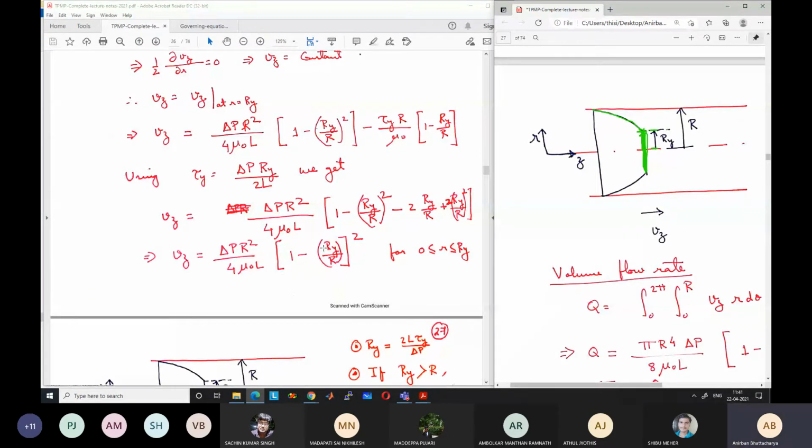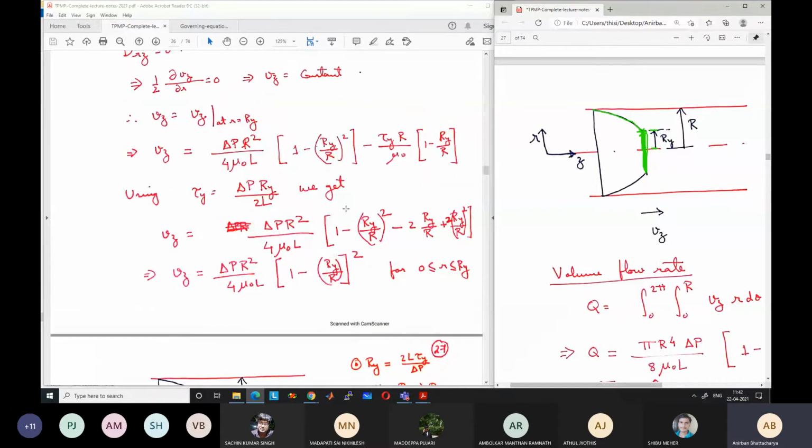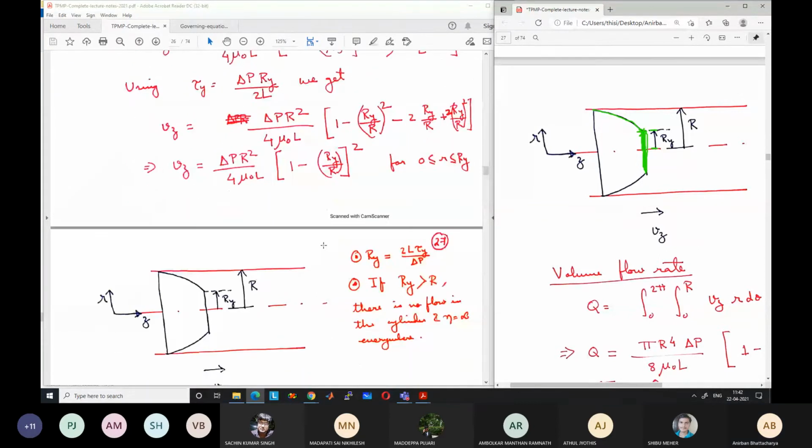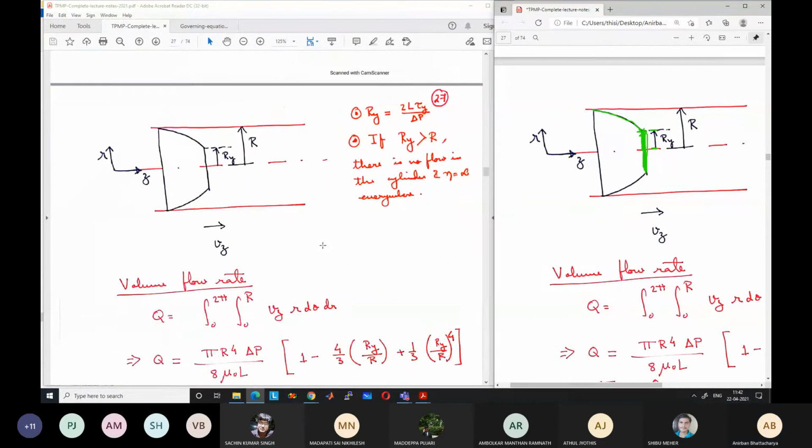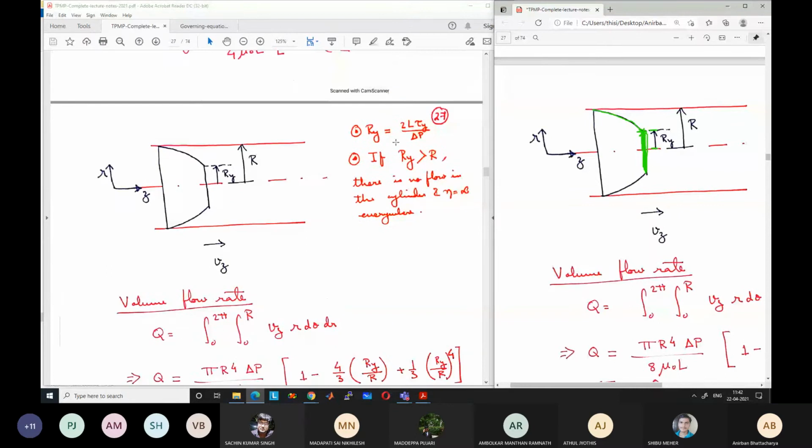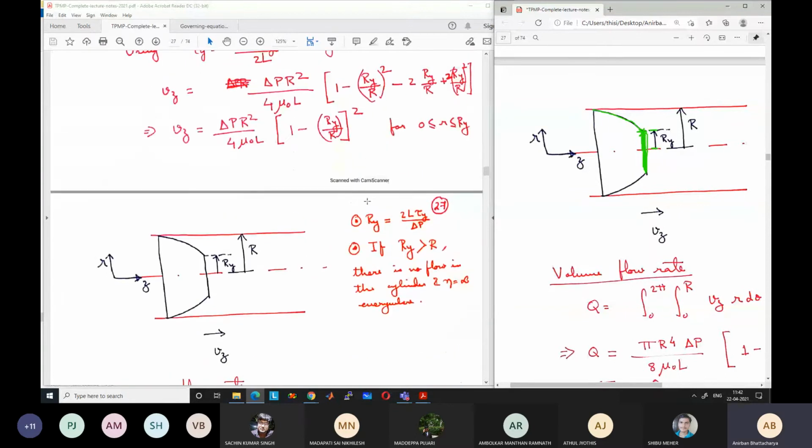So to summarize, the critical radius ry is 2L tau y by delta p. If ry is greater than R... should be ry is less than R. This is wrong. If ry is less than R, there is flow. Oh no, this is correct. If ry is greater than R,